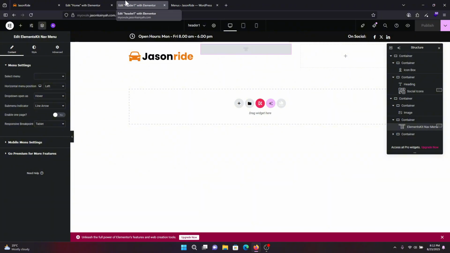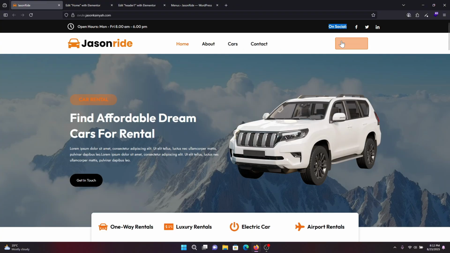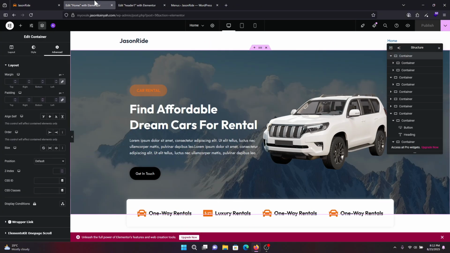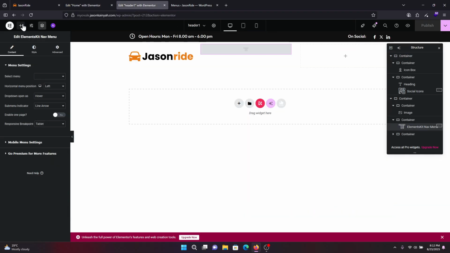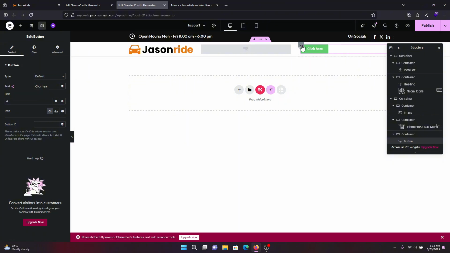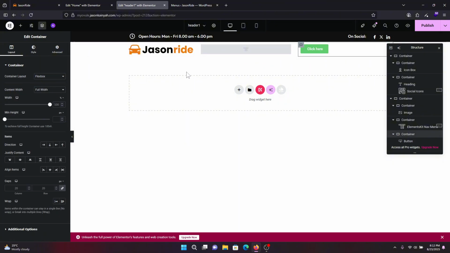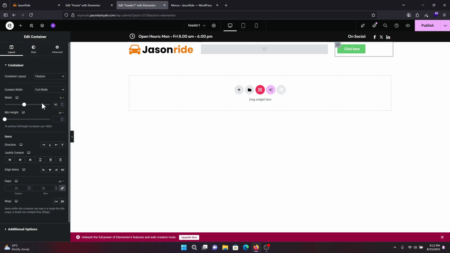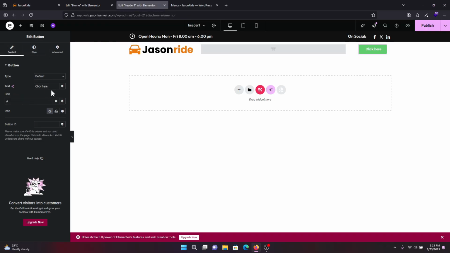Right, let's get the button. Okay, once we have the button, then we'll refresh the page so that we can select the menu again. So I'll click on the plus button. Now drag in a button in this container. Now select this container and I'll just decrease the width because that doesn't need to be that big, right? So I'll decrease the width of it, and then I'll also justify the content and align the items to the center. Now this one says book